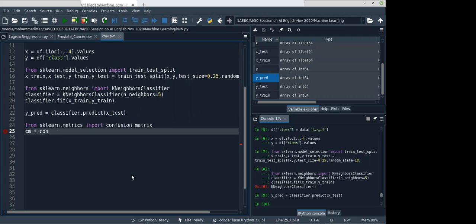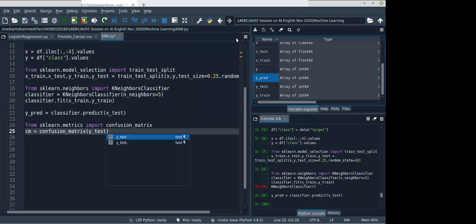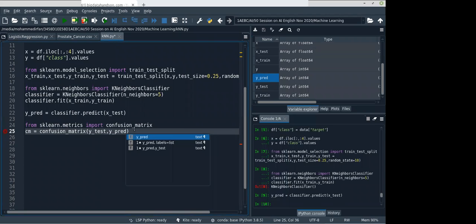You want to call the function and we need to give two values, that is y true and y pred. So y true is nothing but our actual value, that is the test data, y test, and we need to give the y pred, our predicted data.